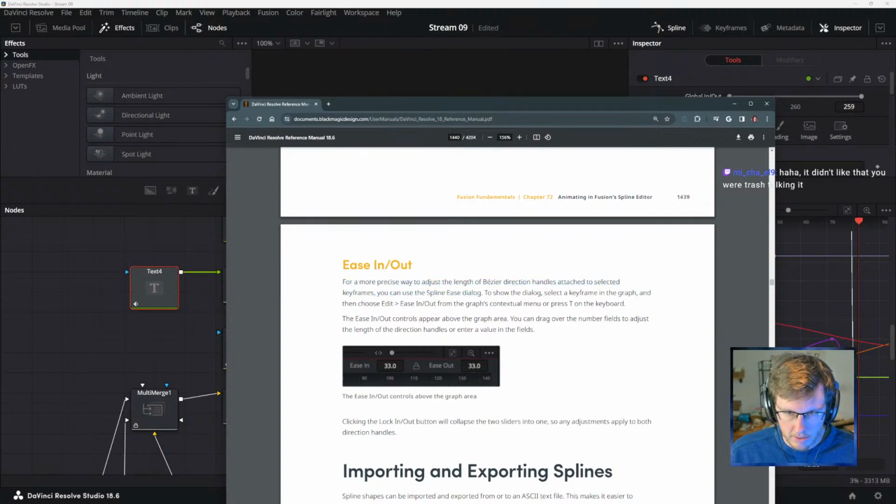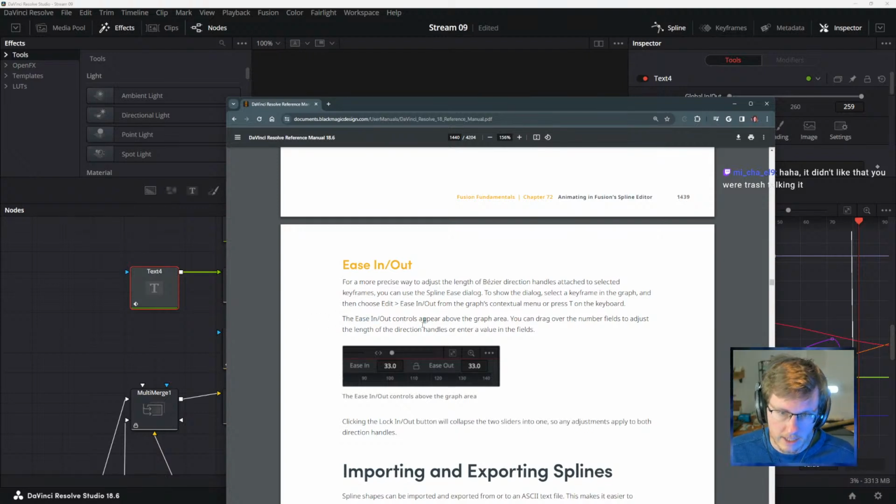Ease in and out. So for a more precise way to adjust the length of Bezier direction handles attached to selected keyframes, you can use the spline ease dialog. To show the dialog, select a keyframe in the graph and then choose Edit Ease In/Out from the graph's context menu or press E on the keyboard.